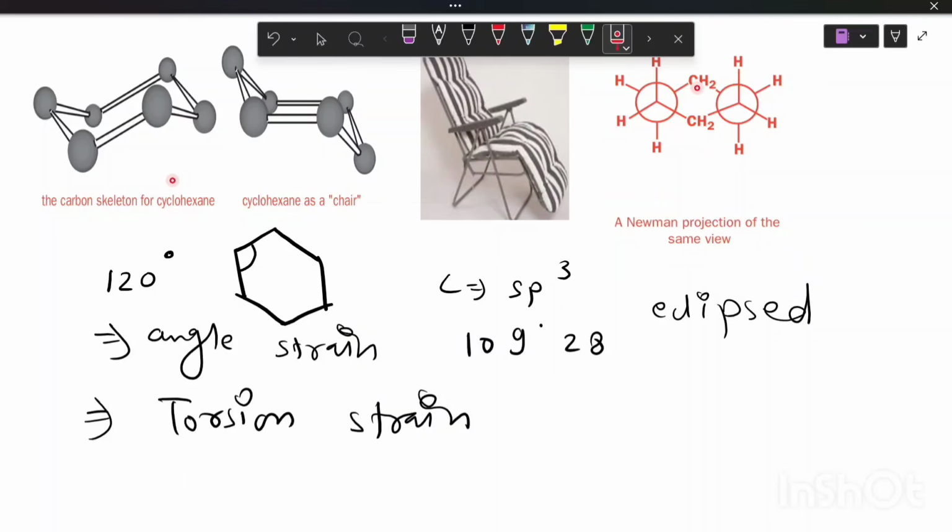Now another thing, you need to convince yourself that this is the chair form. When I used to be a student, I usually got confused, how does it look like a chair? But you see this diagram, you can easily visualize the chair form of this cyclohexane. From this diagram it becomes very clear that this cyclohexane form should be called a chair form. Okay,